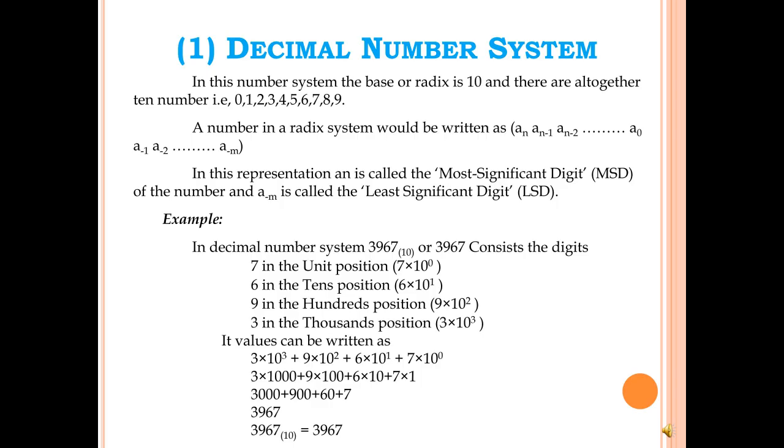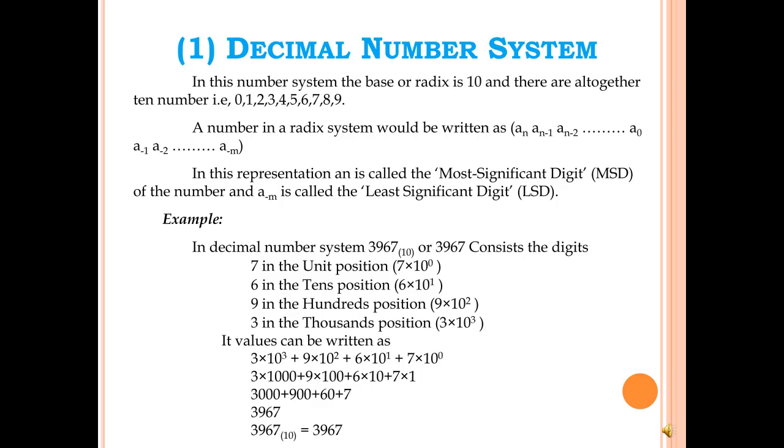In this representation, a of n is called the most significant digit, that is MSD of the number, and a of minus m is called the least significant digit. Let's see the example. In the decimal number system, 3967 of base 10